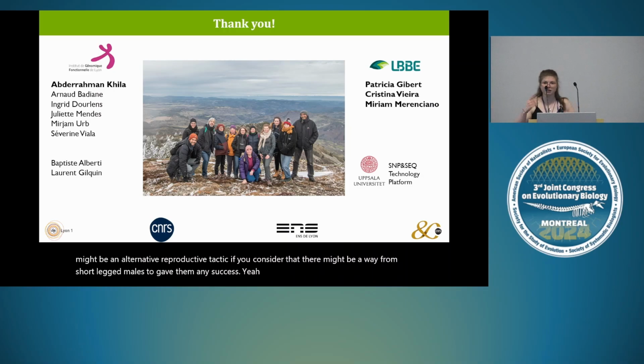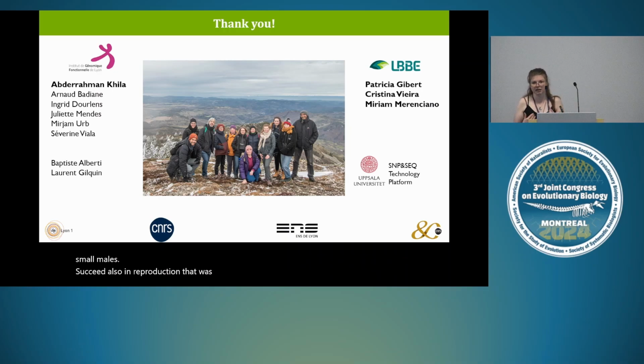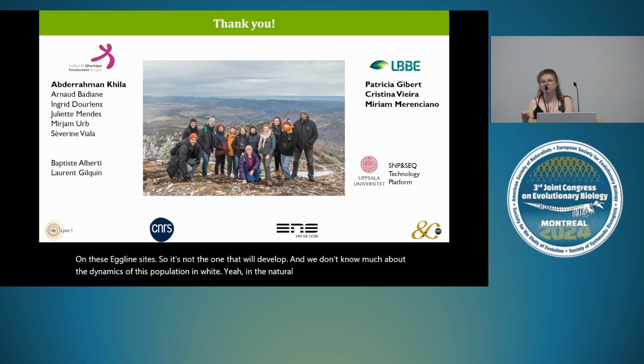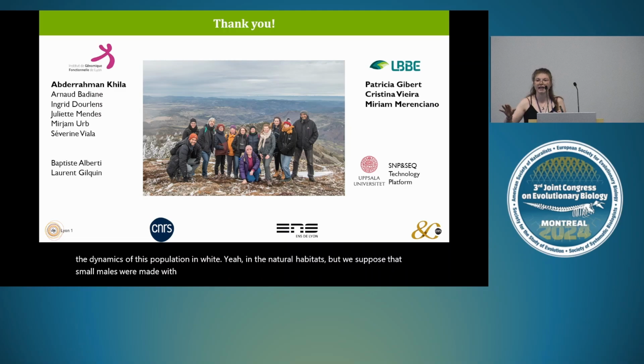Yeah. We see that in our buckets and also in the wild, that small males also succeed in reproduction, through sneaking behavior and things like that. But it's not on these egg-laying sites, so it's not the one that will develop. And we don't know much about the dynamics of this population in the natural habitats. But we suppose that small males will mate with females, and these females will lay eggs in the mud. Since it's temporary habitats, not all of them will survive. But we think that